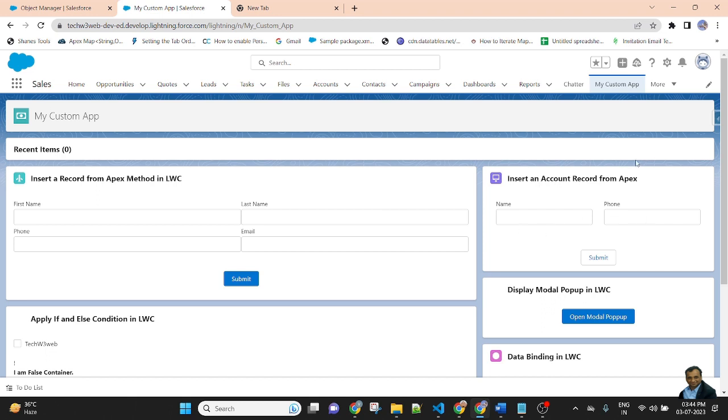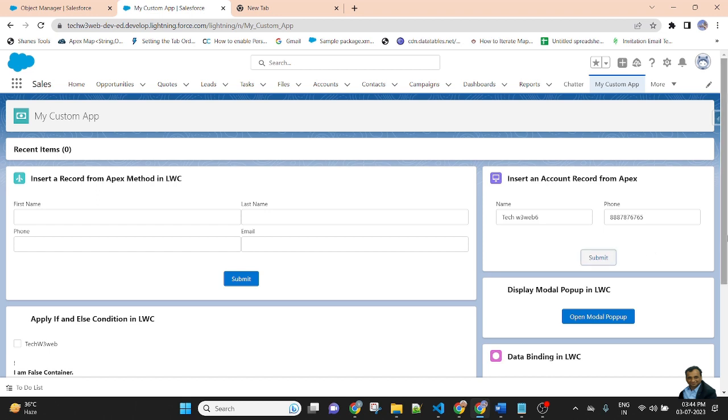So now I am creating a record of account. So take Tech W3 Wave 6 and phone number is 1 2 3 4 5 6 7 8 9 10. Now this is a submit button. I missed the variant attribute to add in the submit button.